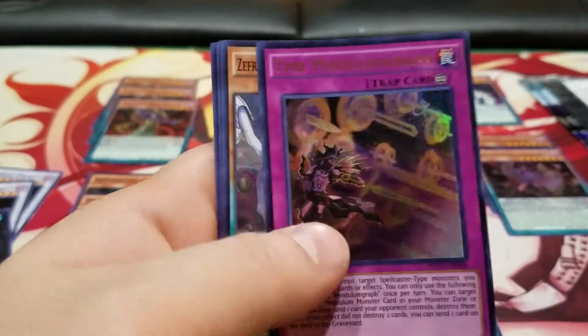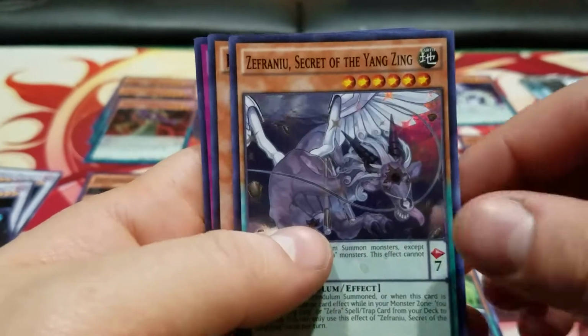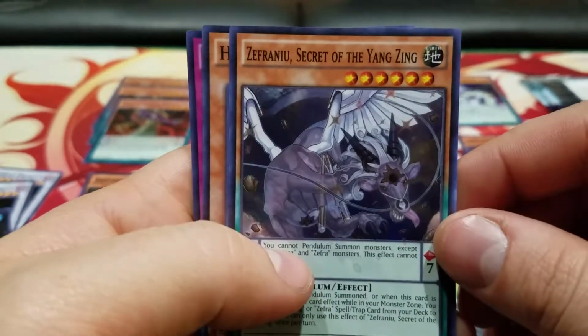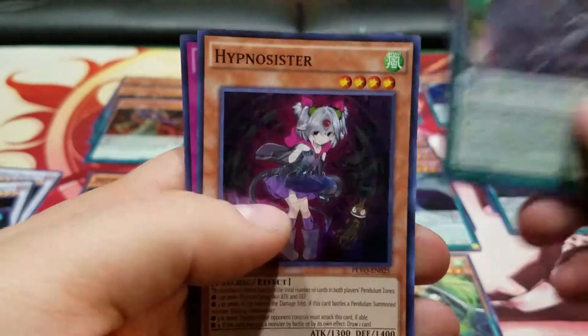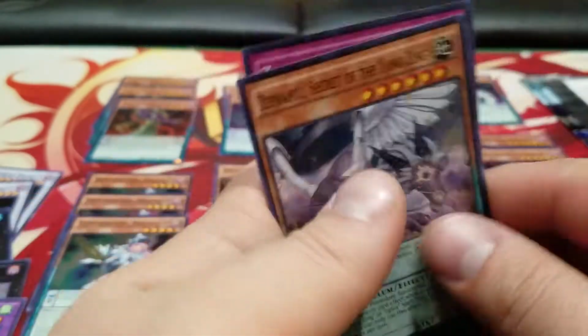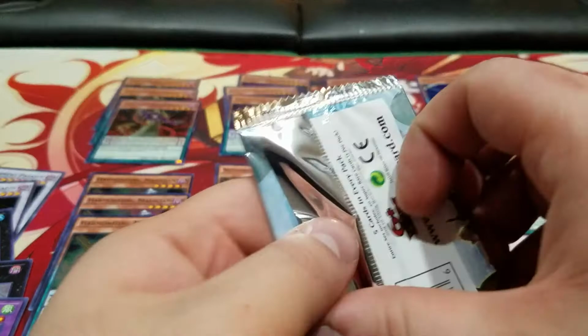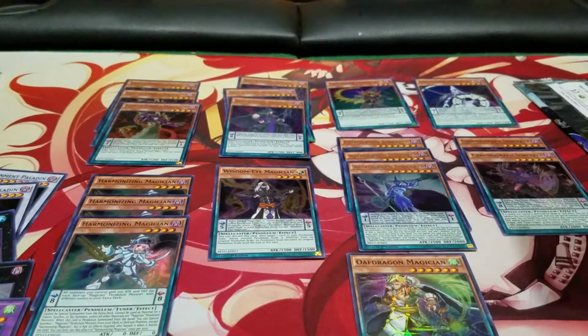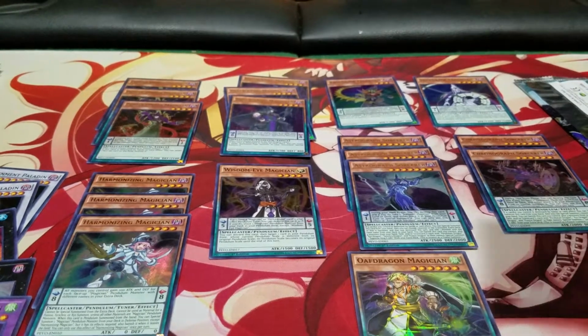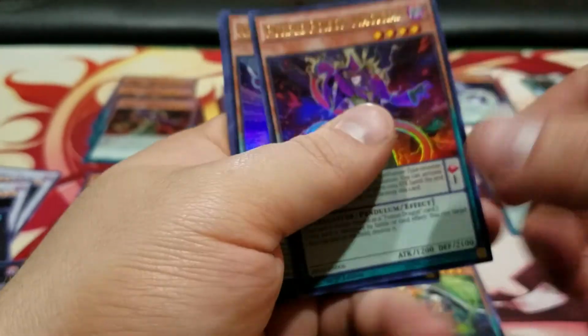Star Pendulum Graph, Time Pendulum Graph, Zephranuus, I don't even know how to pronounce that, Secret of the Yang Zing, Hypno Sister, and Zephyr Divine Strike. Right now we're looking for Wisdom Eyes, Chronographs, and Oath Dragons, really. That's pretty much it. 4th Purple Poison,